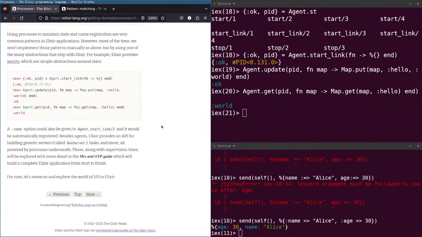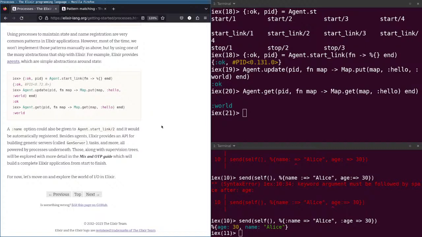A name option could also be given to agents to start link, and they would be automatically registered. Besides agents, Elixir provides an API for building generic servers called GenServer, tasks and more, all powered by processes underneath.